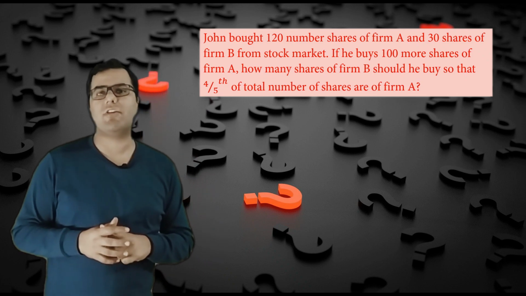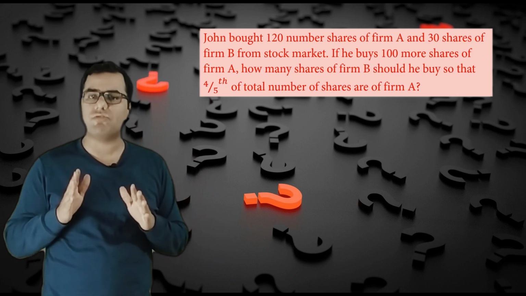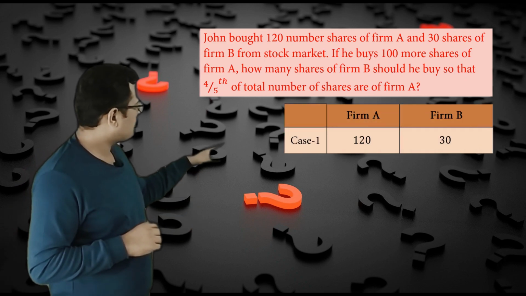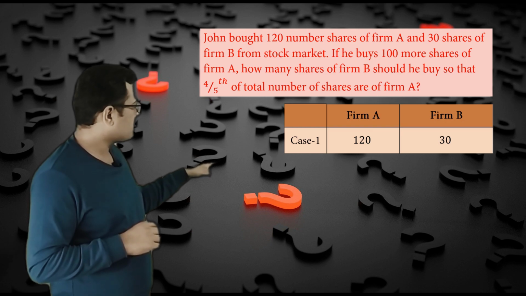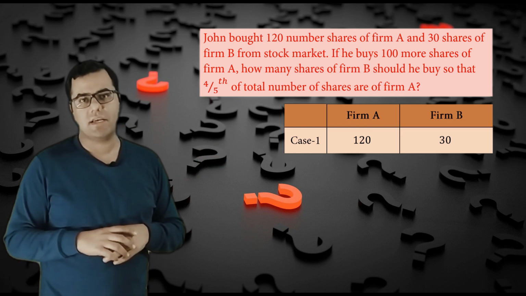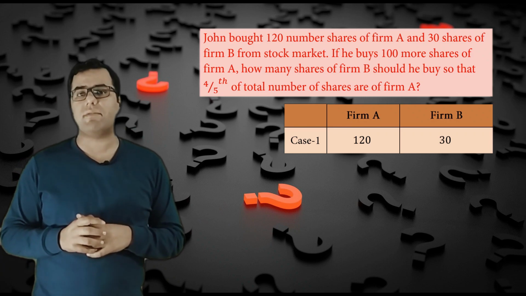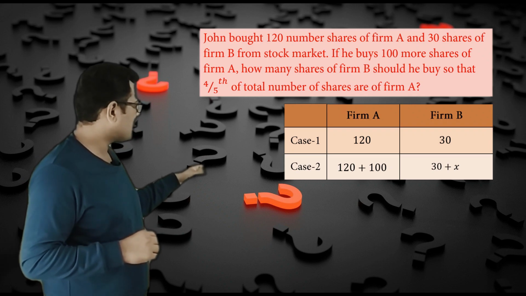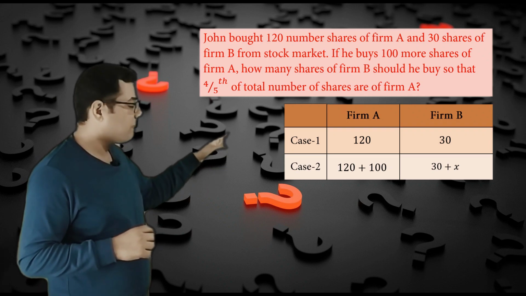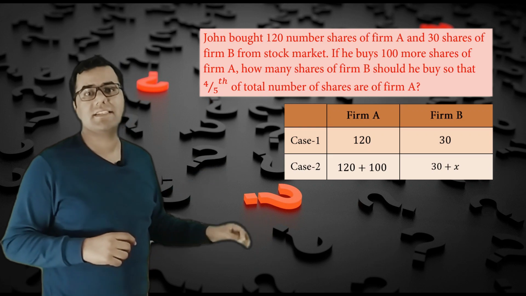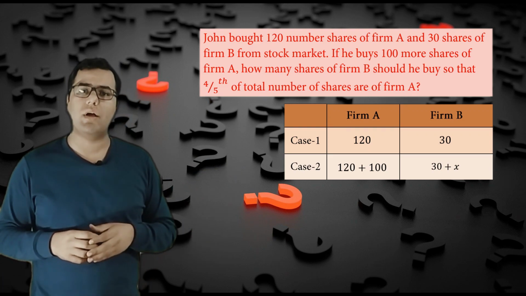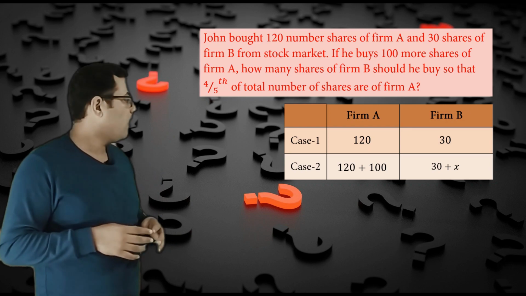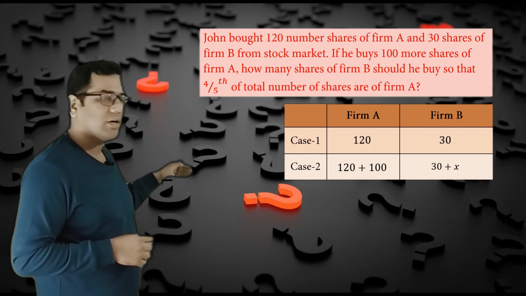Now in this problem also we have been given two situations. In the first situation, case 1, he bought a total of 120 shares of firm A, and of firm B he bought 30 shares. In case 2, when he additionally bought 100 more shares of firm A, the total number of shares of firm A now is 120 plus 100 equals 220, and that of firm B is 30 plus X. This X is what the question wants us to find: how many extra shares of B he bought so that the ratio of shares of firm A to the total has become